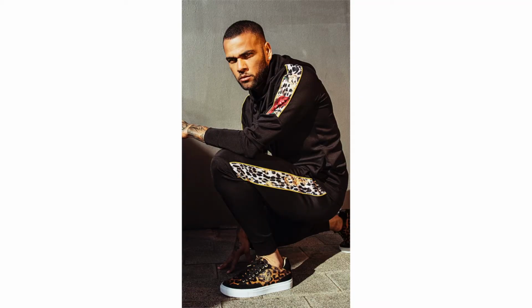So first thing I'll say about Dani is that he's a very flamboyant type of person. He's very expressive when it comes down to his style, when it comes down to his confidence. He exudes that not only within his personality, but within the things he wears. So when it does come down to his day-to-day wear, you can definitely see him with a lot of designer clothes. When it comes down to patterns and colors, he likes stuff that actually stands out, speaks his personality. So even if it's on a casual wear type of look, he will wear something that is quite eccentric. It could be matching his shoes with a t-shirt, or it can just be a selective piece individually,